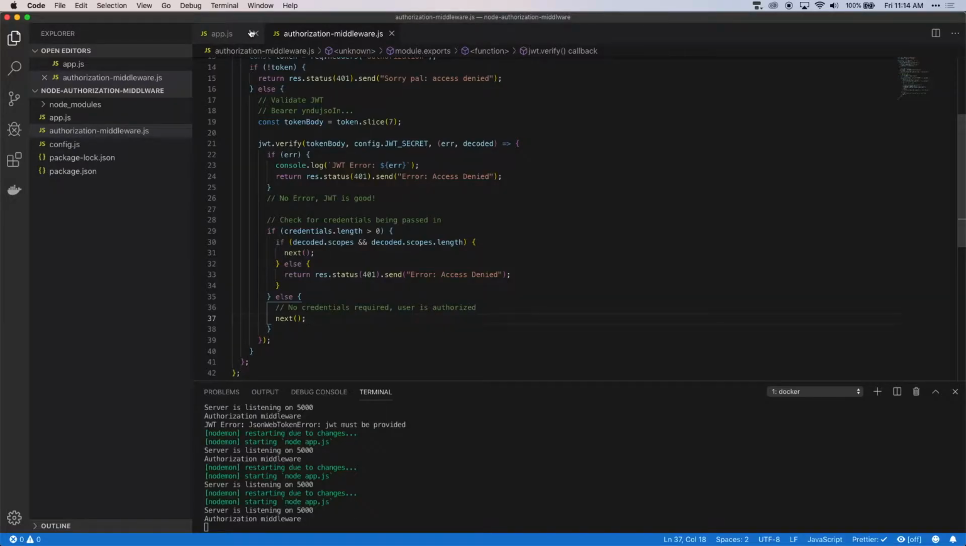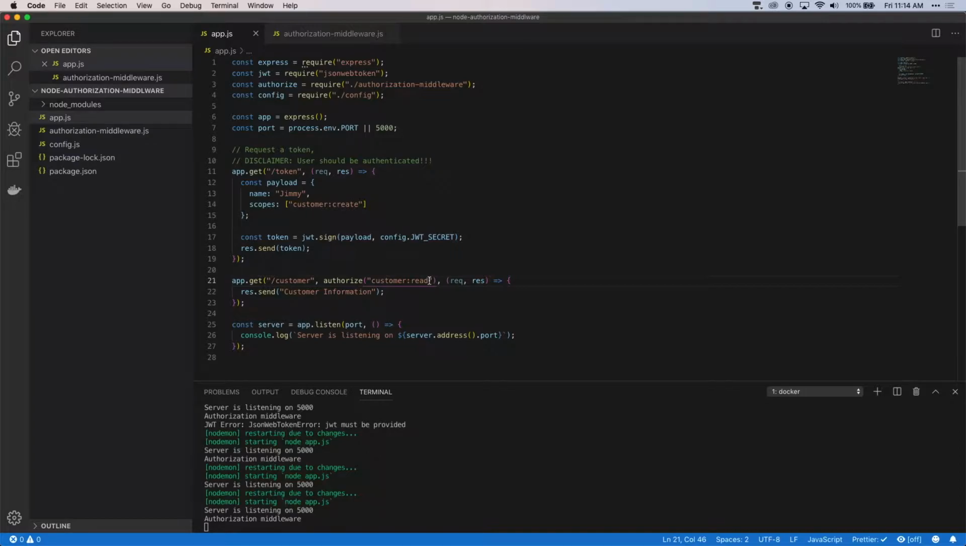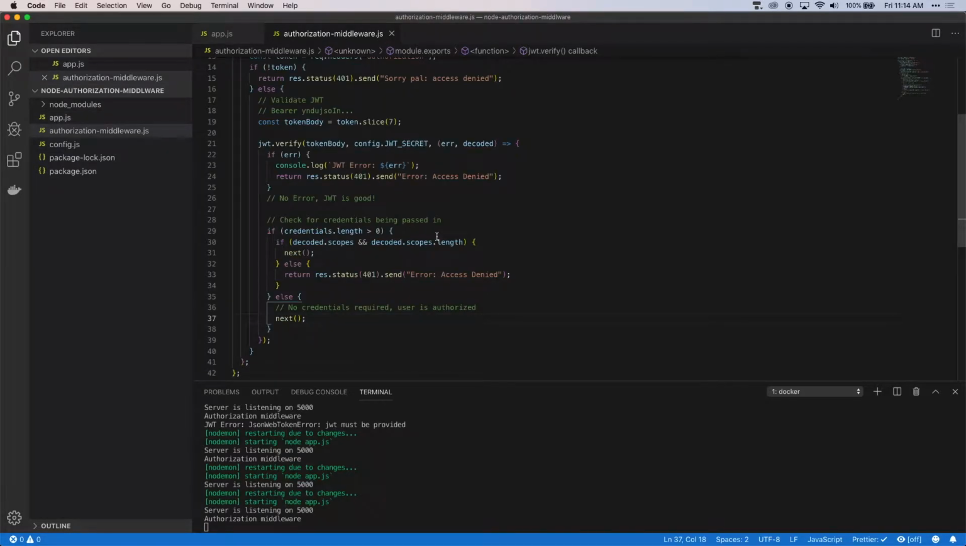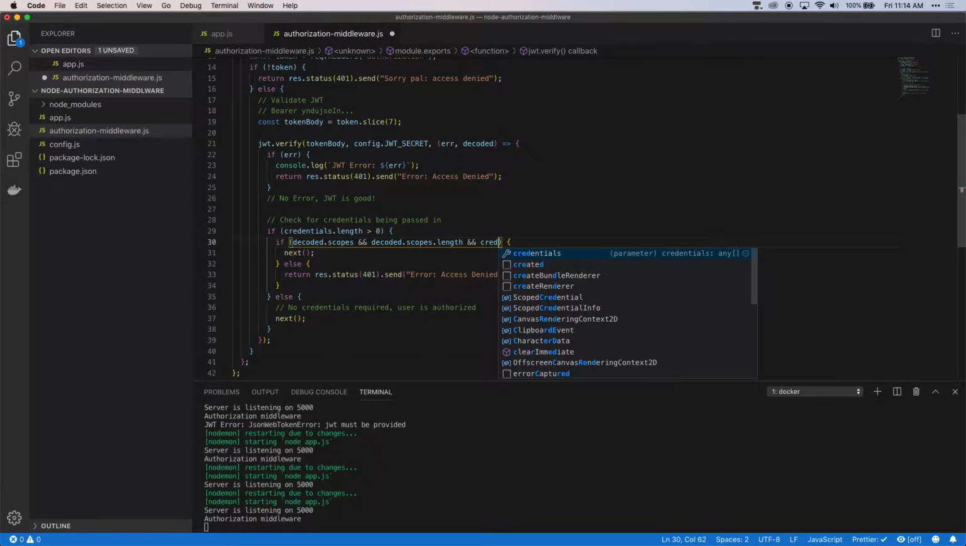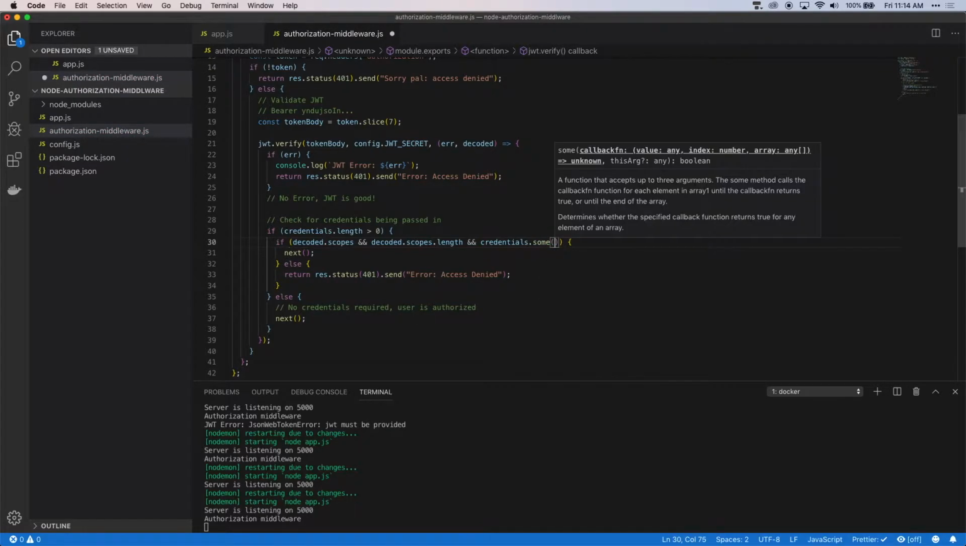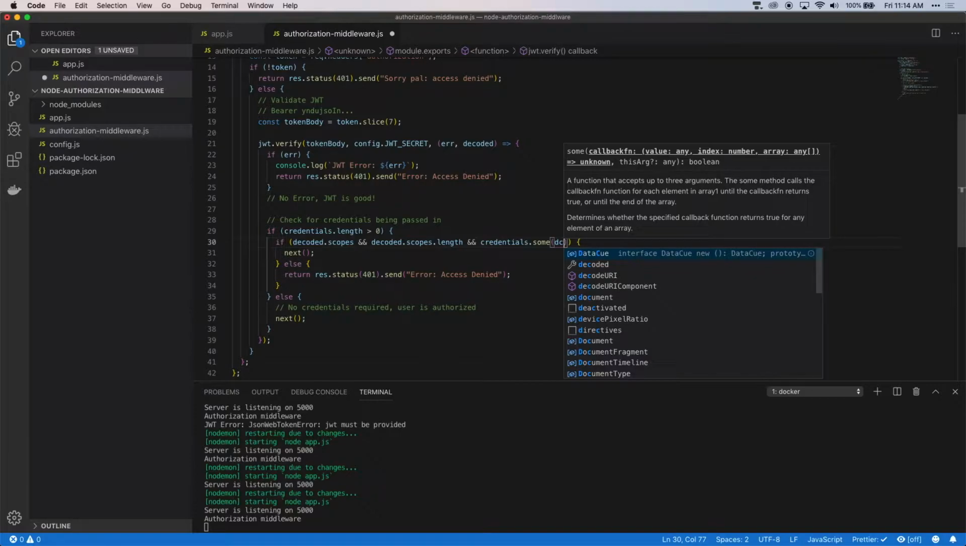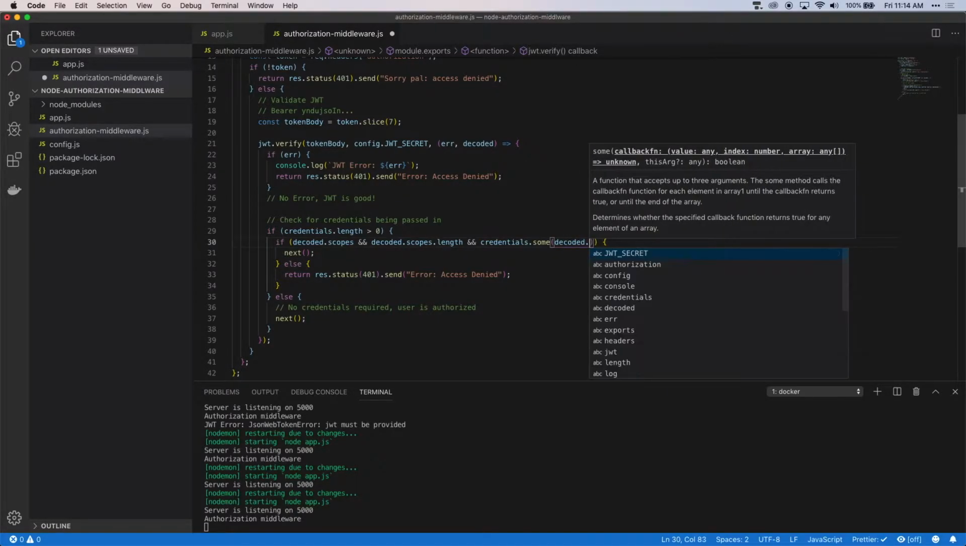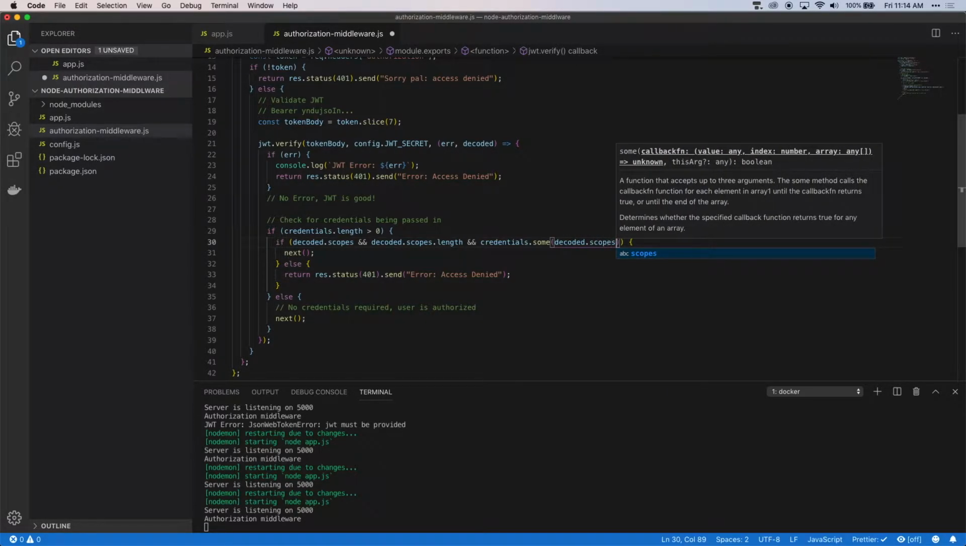But in our token, we have the create scope, but in our middleware call, we're actually looking for the read scope. So we're not actually checking that this user is authorized. We're just checking that they have some scopes. So let's add into our if statement a check. So we want to look at the credentials array, and then we'll use the sum method. So sum will take the decoded scopes and look for an index of